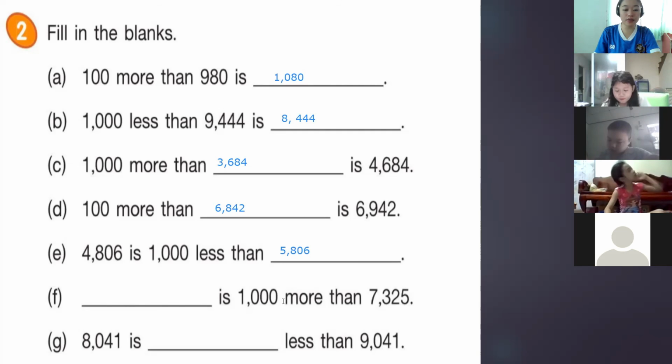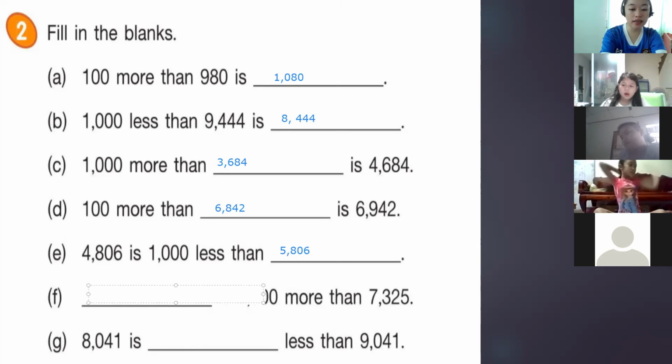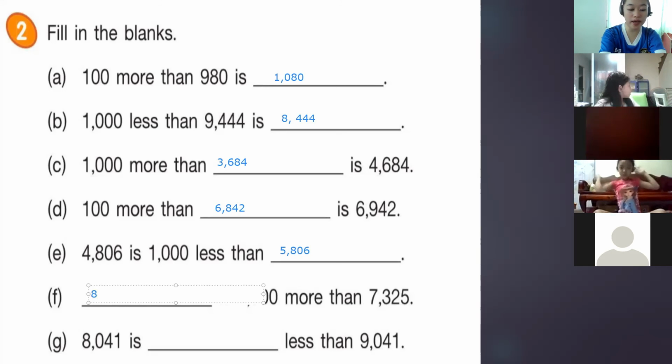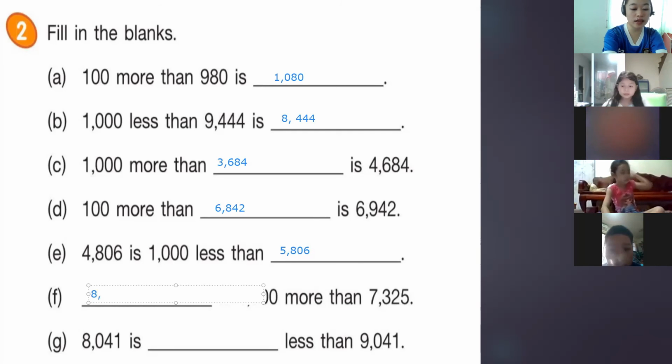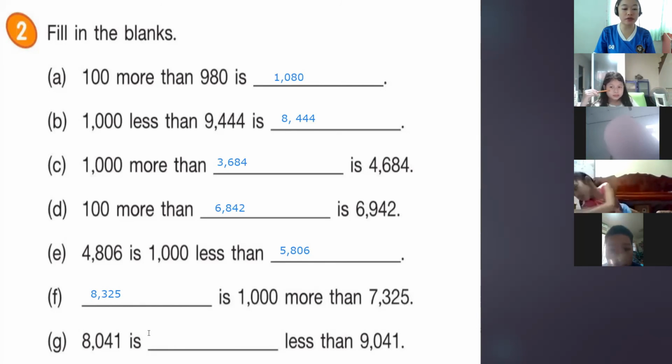Okay, blank is 1,000 more than 7,325. So we have the answer here, 8,325. 8,325 is 1,000 more than 7,325. Okay, so the last letter, letter G, we have 8,041 is blank less than